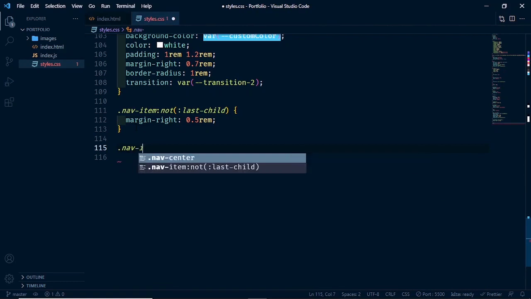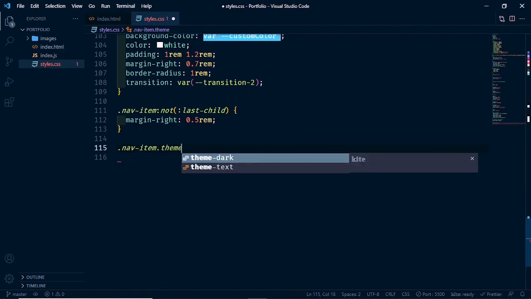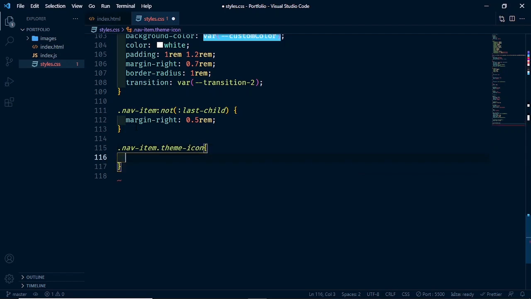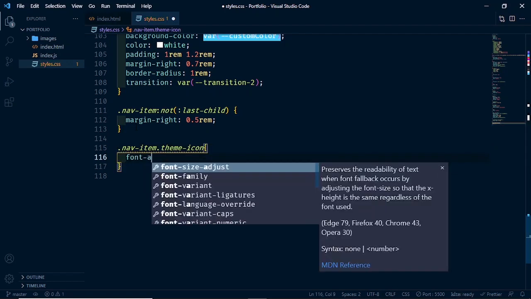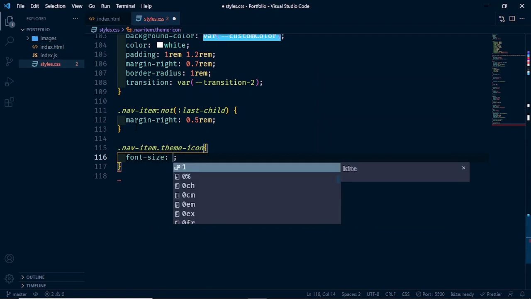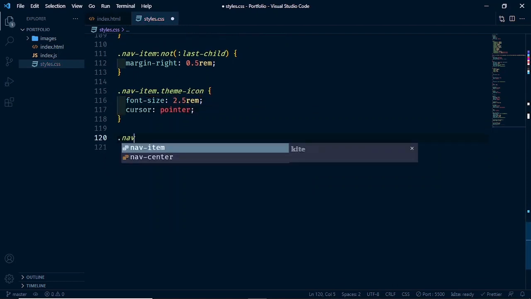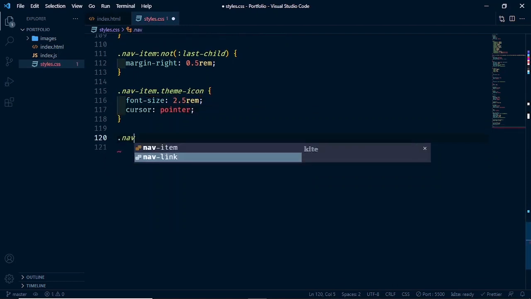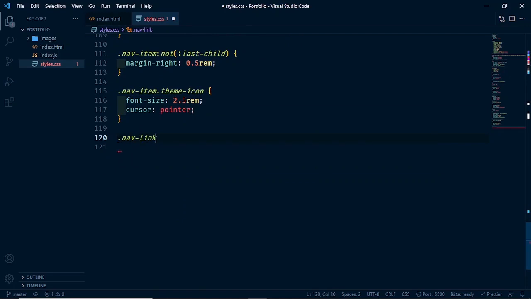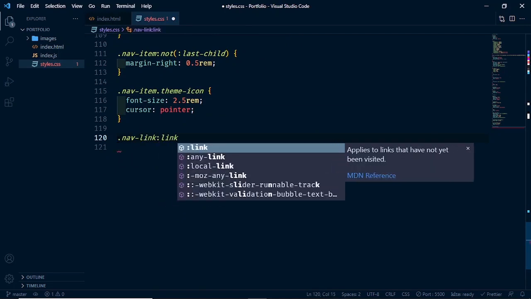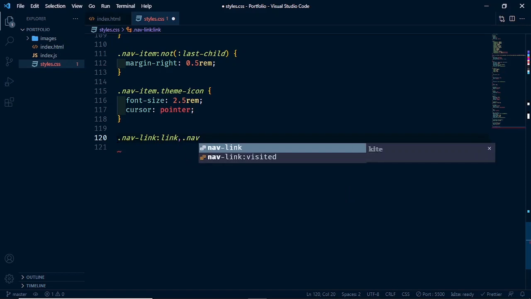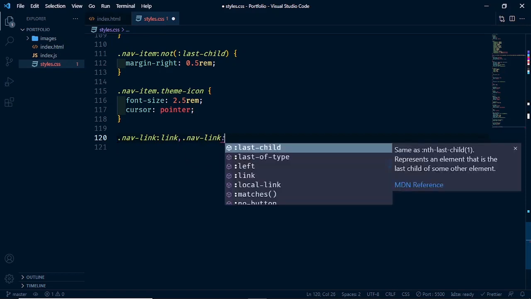Now go back to your CSS, let's select the theme icon, class of icon, and font size should be 2.5 rem. Let's set cursor to pointer. Now we need to select our links, and we want the link, and when we visit it, so visited,